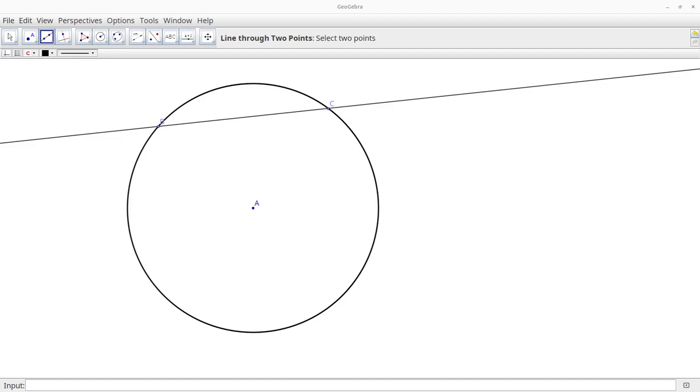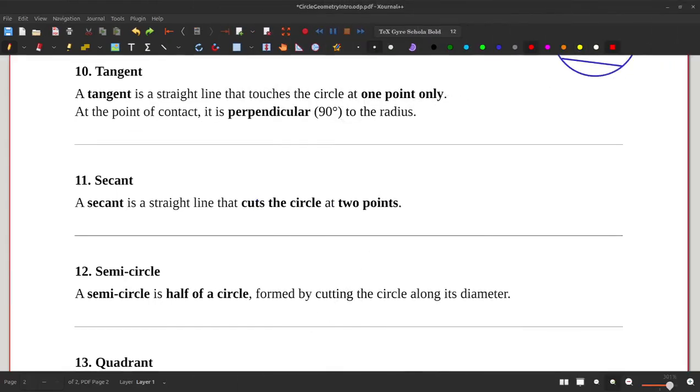The line I've drawn is called a secant line. A secant is a straight line that cuts exactly at 2 points. It passes through the circle at 2 points. That's a secant line. And then if I play around with the secant line,